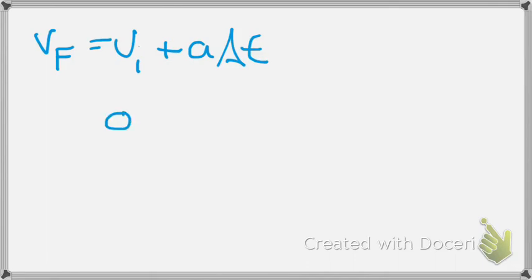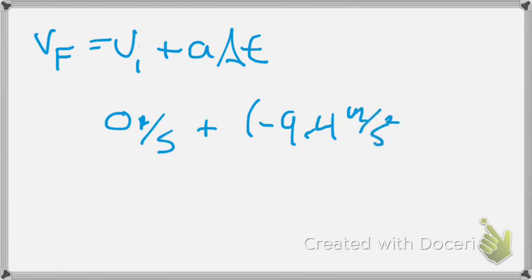So if we started at 0 meters per second and we have an acceleration of negative 9.4 meters per second squared times our change in time, which was 6.4 seconds, then we should end up with,